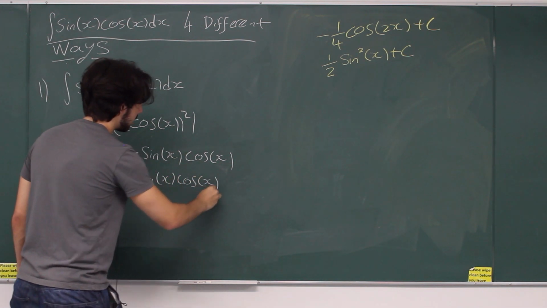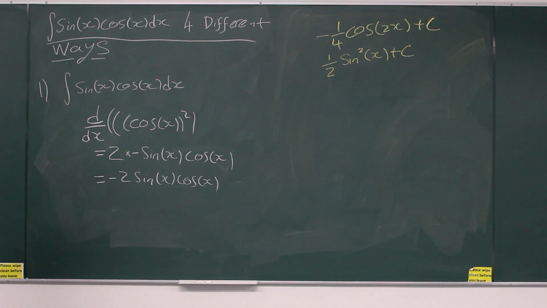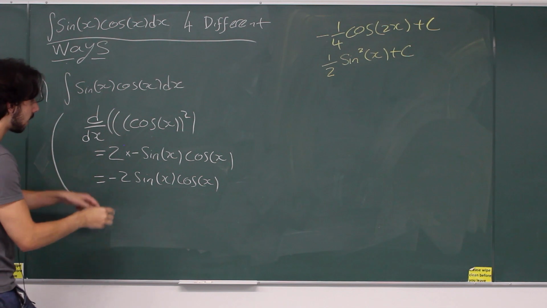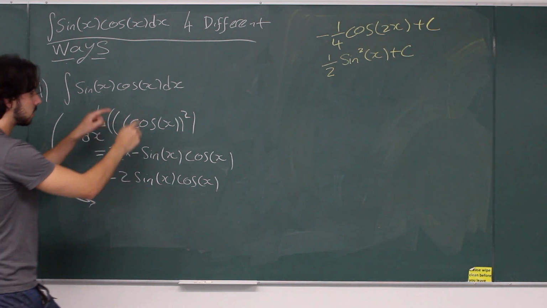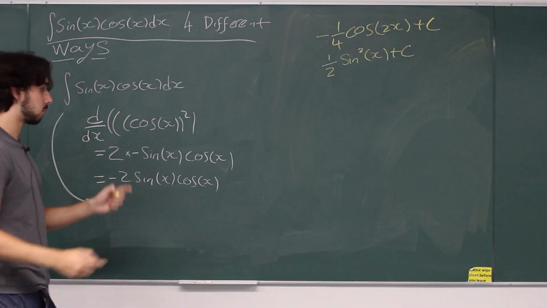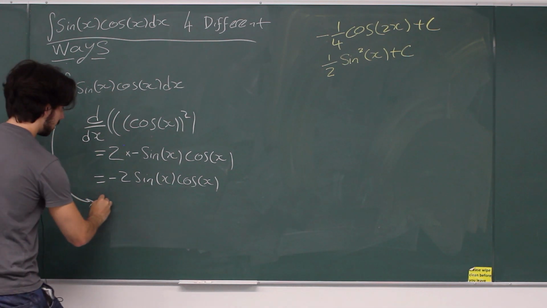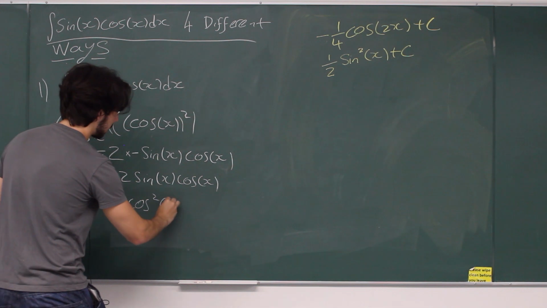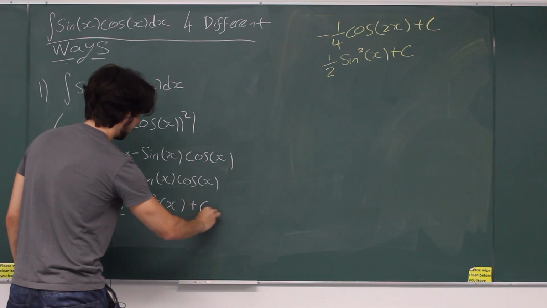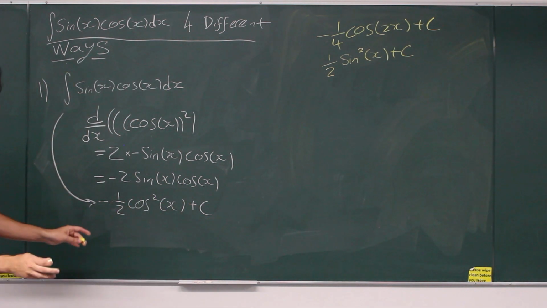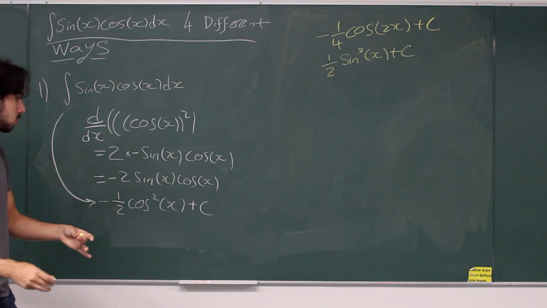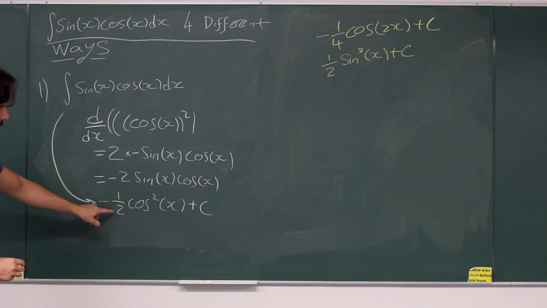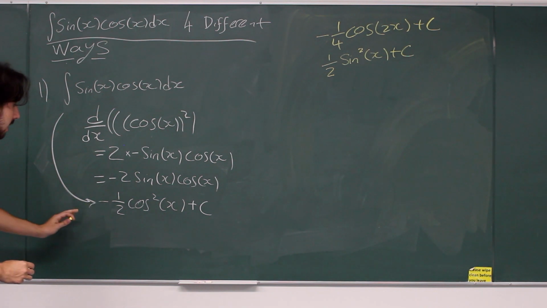Okay, so with the exact same logic as before, the integral here must be equal to minus 1/2 cos squared x, and the reason for that you'll see in a second, don't forget plus c. And again, just so you can make sure that you agree with this in your head, this is the reverse chain rule. Differentiate this, the 2 comes down, cancels out with the 1/2,